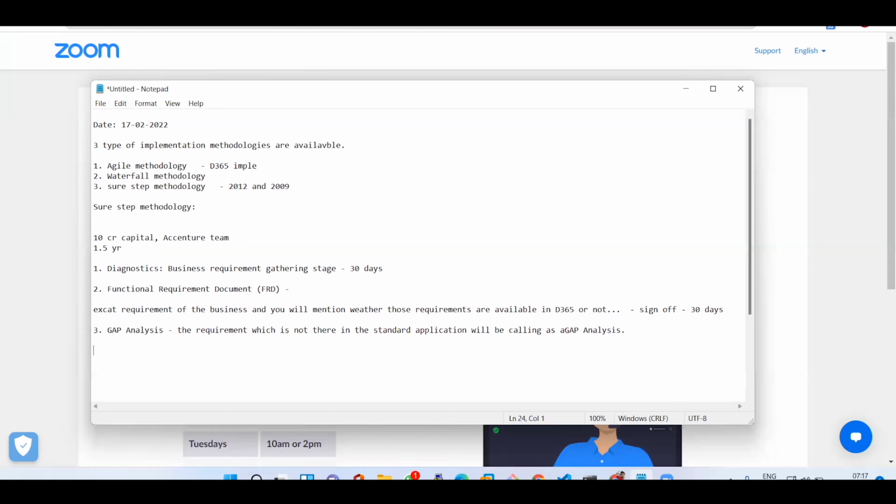Okay. For example, I will tell you what exactly it is. You have WhatsApp. Everyone knows how to use WhatsApp. In WhatsApp, we have options to call or video call, message, send videos, photos, everything. These kinds of options are available. Now, I want one more extra option. What kind of option am I expecting? Currently the status will be visible. If you put the status, it will be visible for 24 hours, right? So I don't want that kind of functionality. I want whenever I put the status, everybody should get